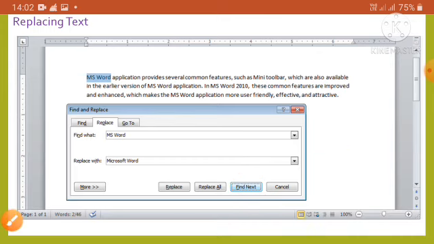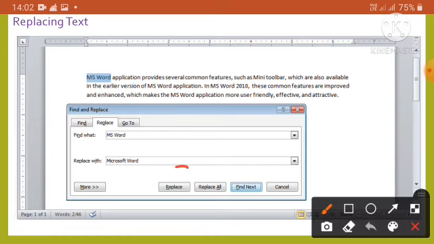Okay, now click the replace button in the find and replace dialog box. The existing text is replaced with the new text as shown in this figure here. Okay, this process continues until the last occurrence of the existing text has been replaced. Okay, next one is